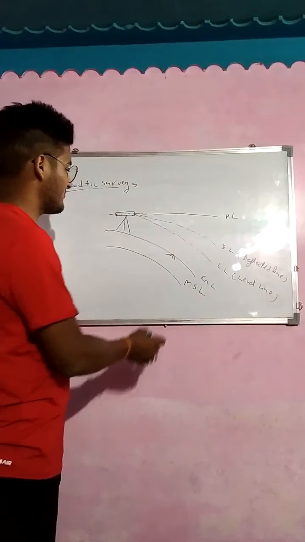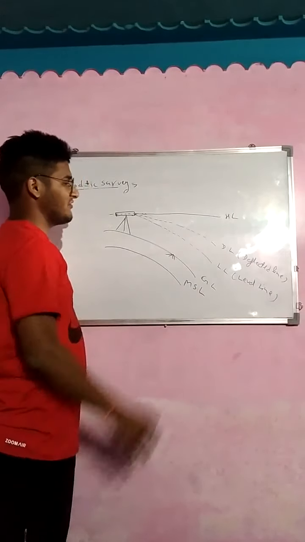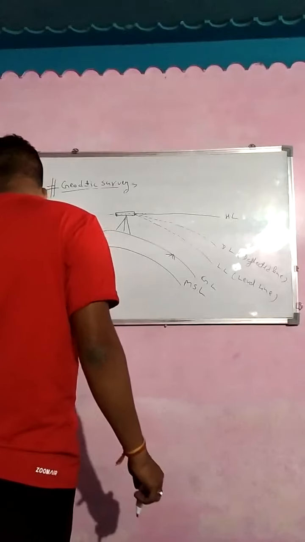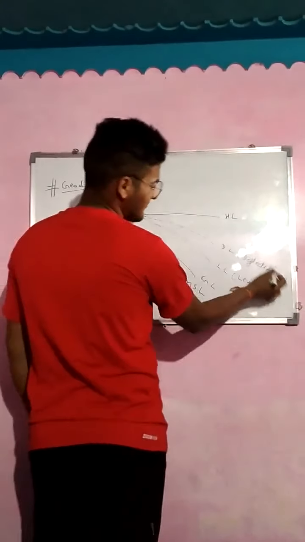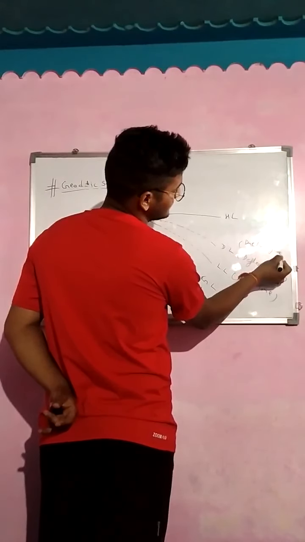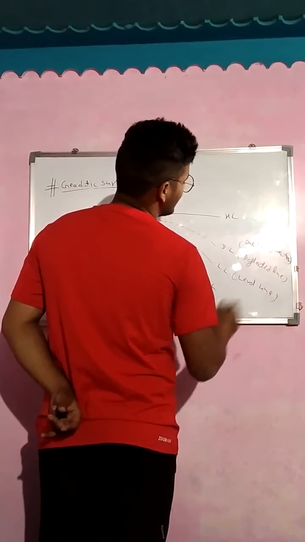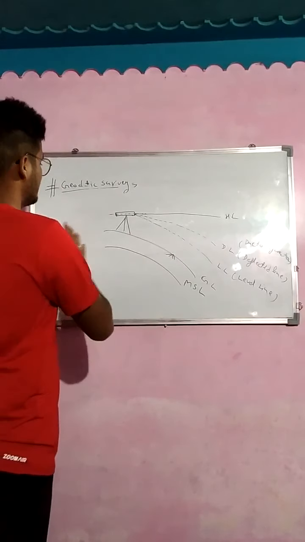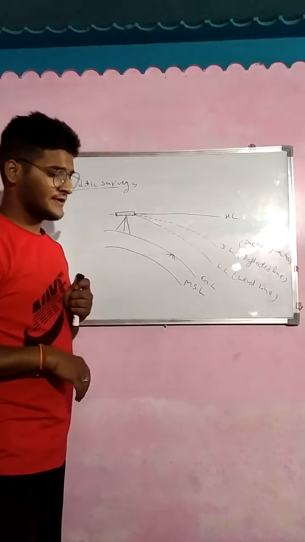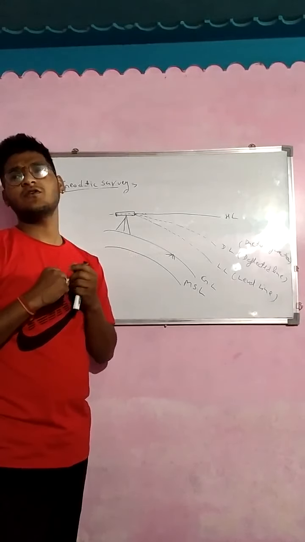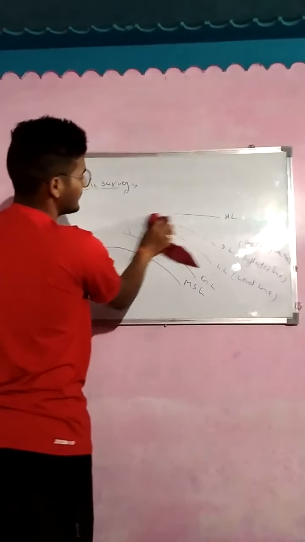Mean sea level is a 19-year fluctuation average. With the help of these things we can understand the next point, which is combined correction. Due to refraction, this line is the deflected line. Now we will talk about how, with the help of combined correction, we can find out the total correction. So now I am going to erase it. Okay,